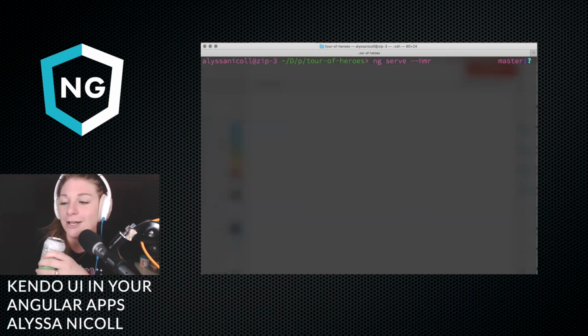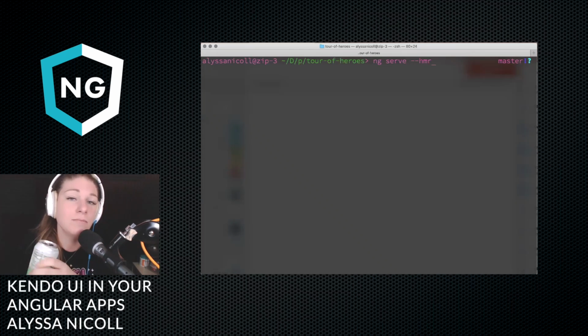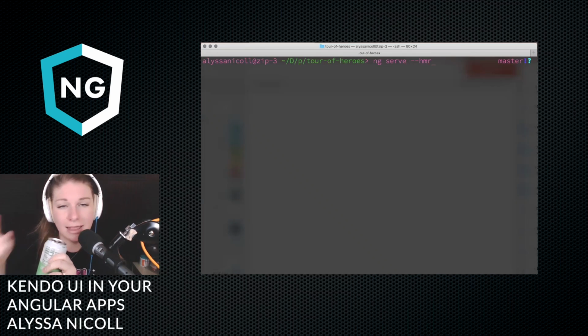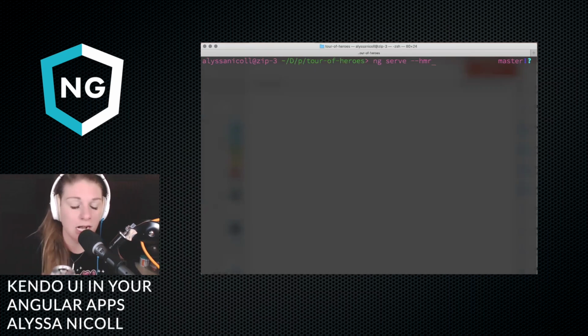Hot module reload. And nay for the prize. Although I think we definitely need to give Mike a prize, because even people on the Angular team think it should be hot module reload. Like that's what it should be. But if you look in the docs, it's hot module replacement. I don't know why.